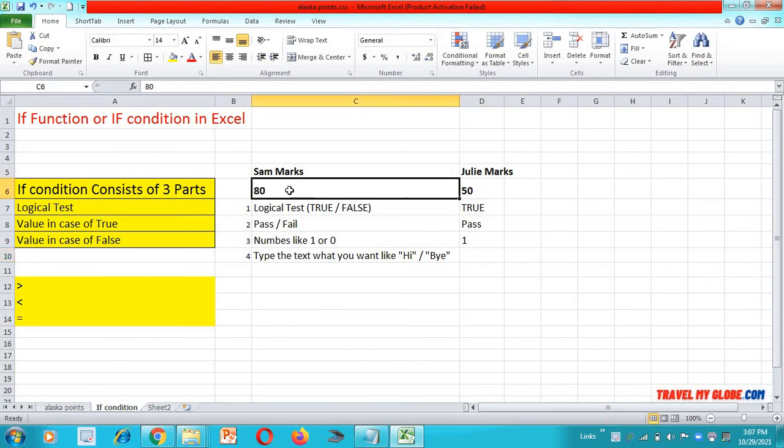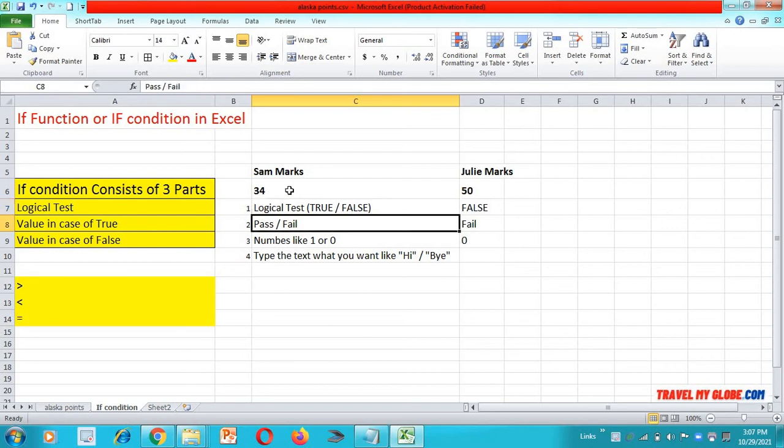If we change the marks of Sam, then what is going to happen? The logical test gives the value false. Sam is fail now. The number is 0 because in case of a false condition, I want 0 as the result. Suppose you want to type hi or bye, you can also do that.